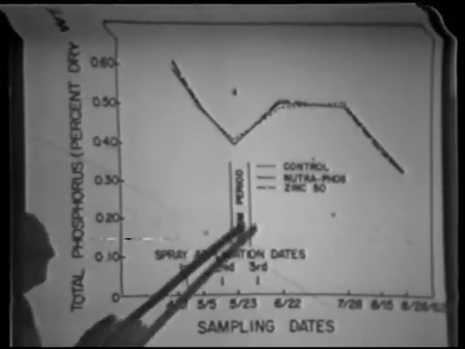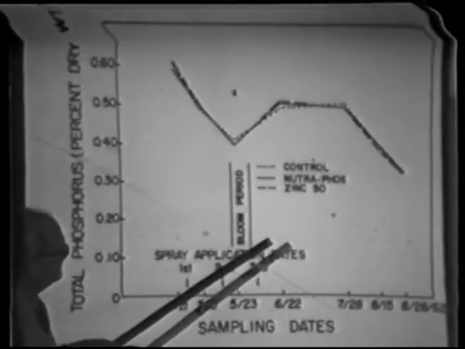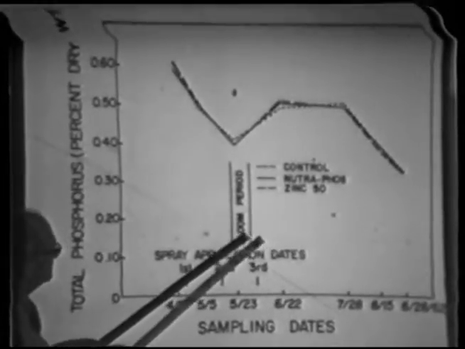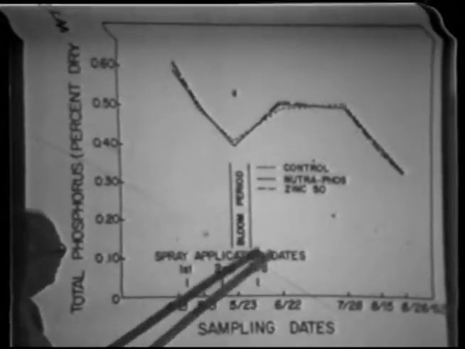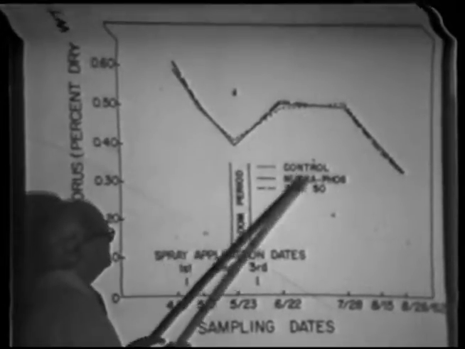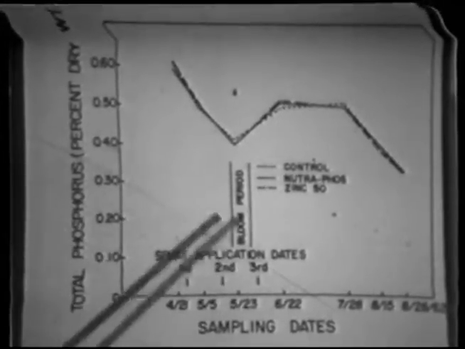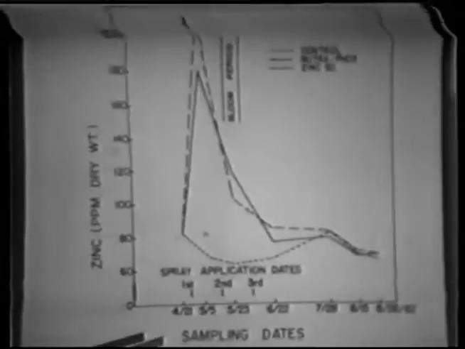No, we didn't. And in fact, to try to be honest with these people, because they were supporting this with a research grant, I used 2 or 3 different methods of analysis, each one more and more sensitive, hoping I could pick up some differences, and we did not. So this NutriPhos, as far as getting phosphorus into the plant tissue, was a joke. Okay, but the next slide shows that we did